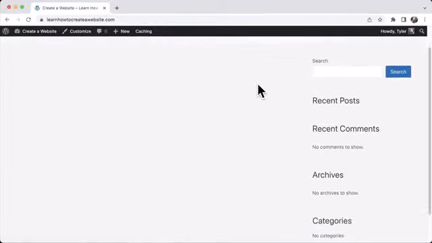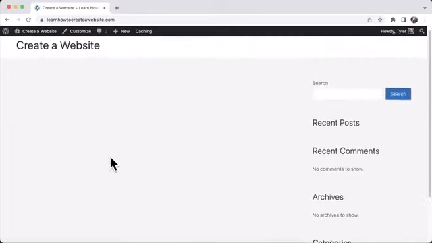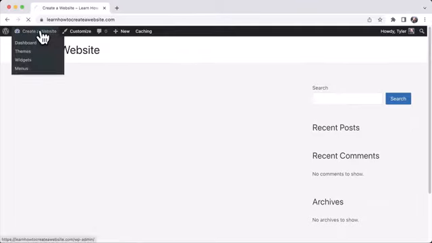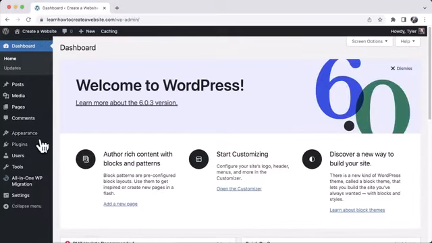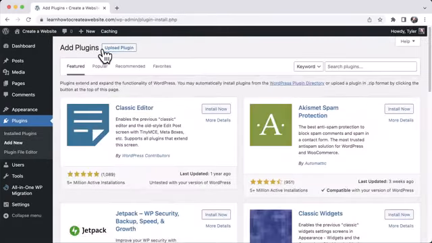The next thing that we're going to do is install a plugin that will save you so many hours and make your website really professional. It's going to allow you to import almost any design into your website as a starting point that you can then edit. To do that, all you have to do is hover over your website name and click on it, and then scroll down and click on plugins. Once you do that, you can click on add new, and this is how you could add any plugin to your website. Then over here we can search for a plugin called Starter Templates,